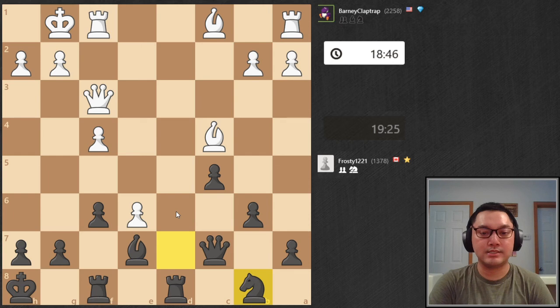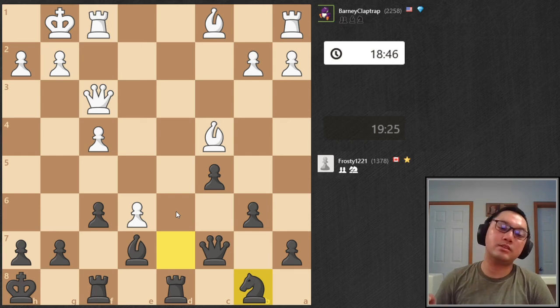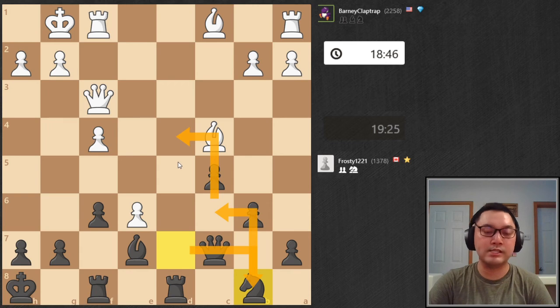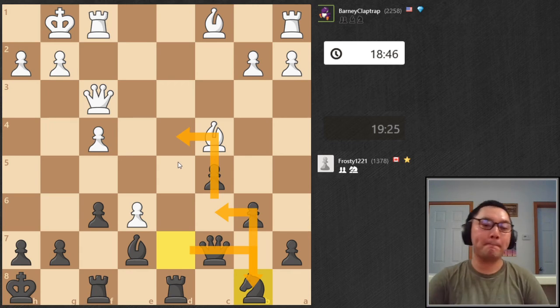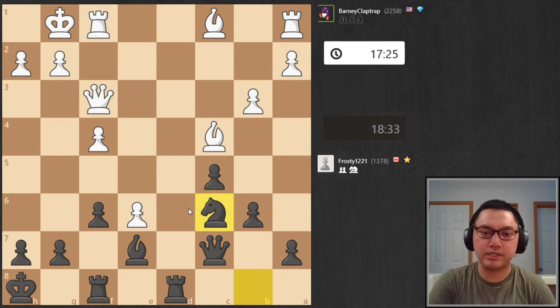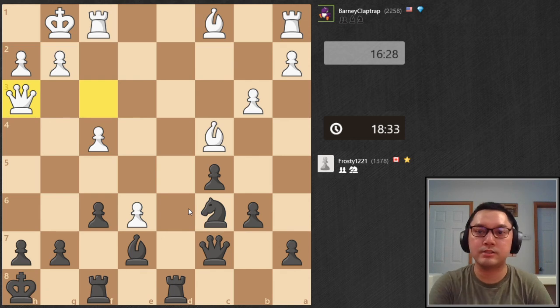Knight b8. I believe you found the right maneuver for this knight a bit late, with knight b8, knight c6, knight d4. This is something that you could have done instead of pushing pawn to f6. I think you found the good moves at this point, and then just placing the knight in the center. Knight. Huh? When did you play knight